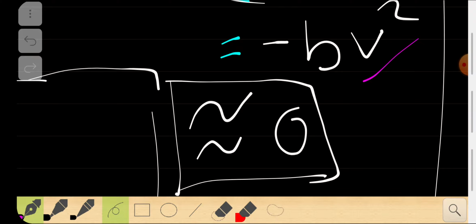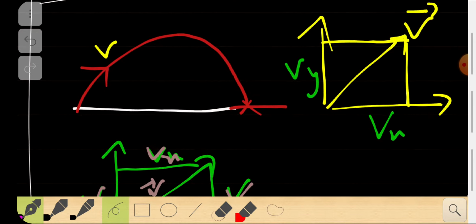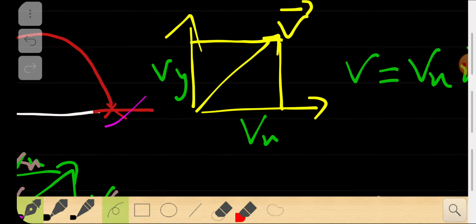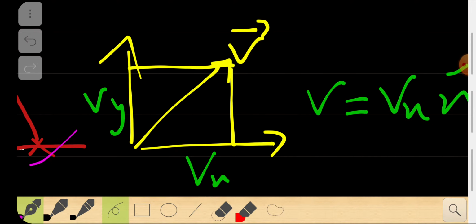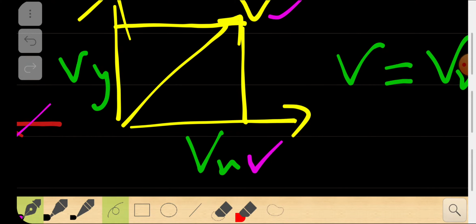It is there, but I am assuming that it is zero. So let it be like that. Now, if that's the case, you can see that the velocity will look like something like this. The velocity of the ball will reduce and it will fall down to the ground level, right? And the velocity component at the initial stage can be resolved in terms of x-axis and y-axis.